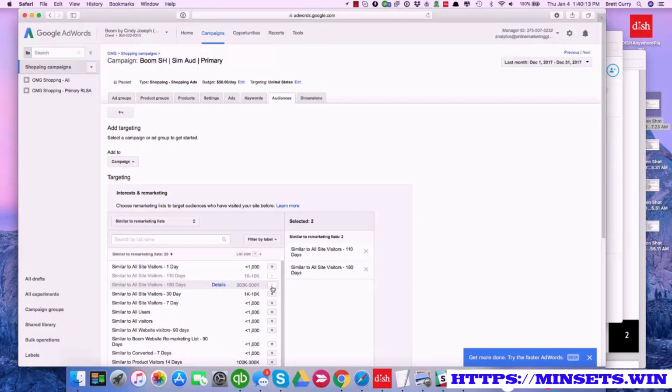With this campaign, we're not just going to be looking for people who are searching for Boom, or who are typing in a really long tail query. We're maybe going to be going a little bit higher in the funnel. So this could be someone who's typing in natural skin cream or natural eye serum or things like that, where that's a little more competitive. And given the branding of Boom, we don't want to show that to a 19-year-old. We want to show that to someone who's similar to the visitors of the site. And so while this isn't perfect, it gets you pretty darn close, where we look at similar to all visitors,